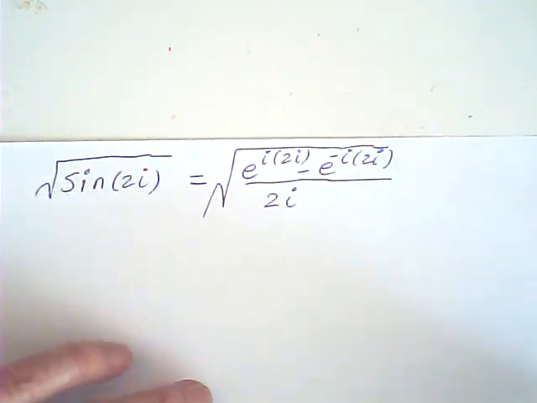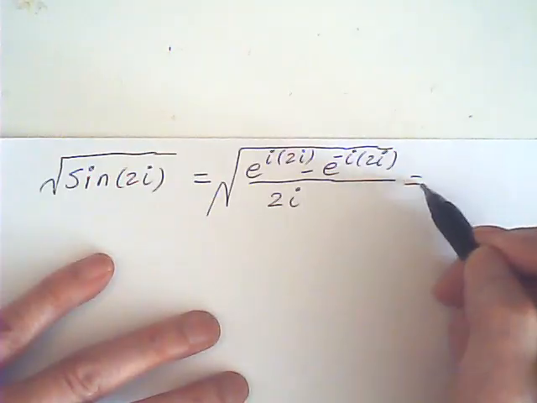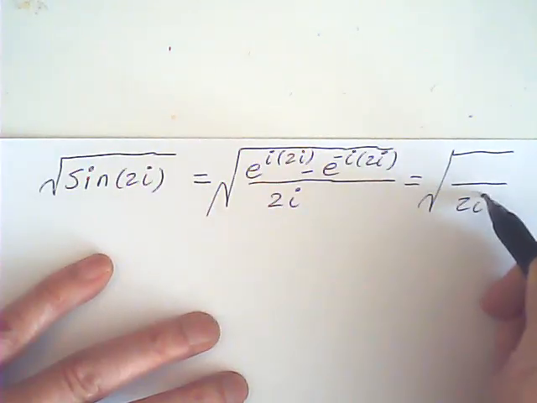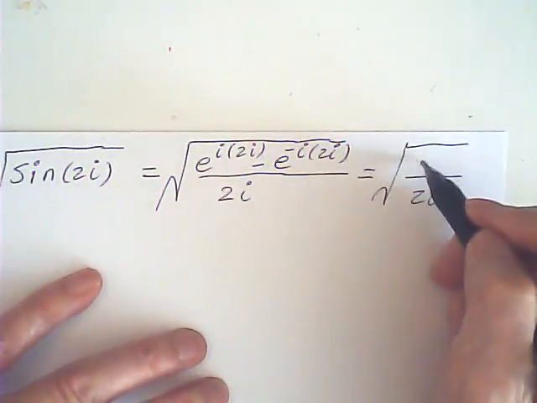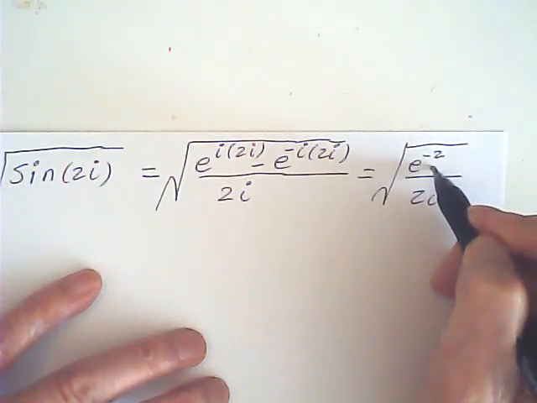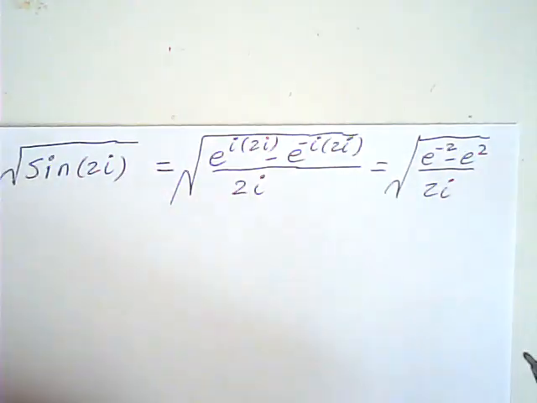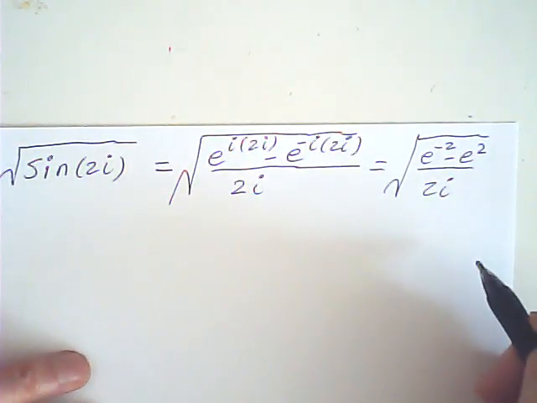So this one is equal to square root 2i, and this is e to the negative 2 minus e to the positive 2. Okay, then